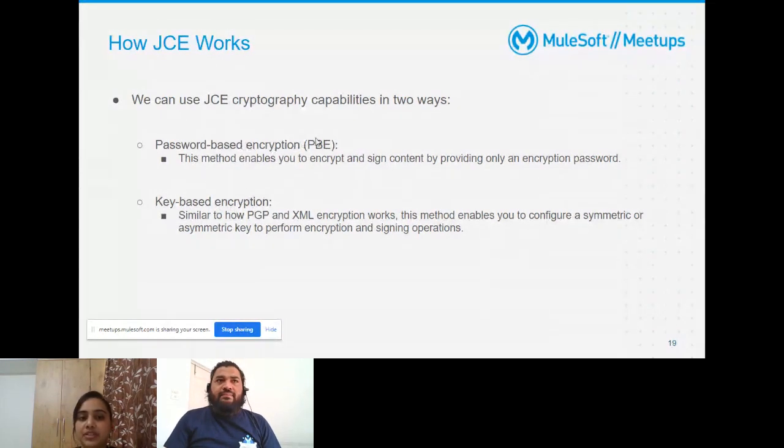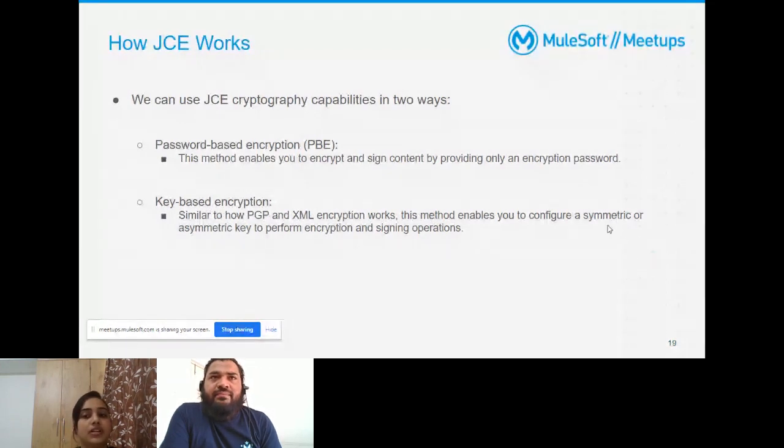We have password-based encryption using JCE and key-based encryption. Using password-based encryption, this method enables you to encrypt and sign content by providing only an encryption password. We don't need any keys for encrypting the data; using only a single password, we will be encrypting the data. Key-based encryption is similar to how PGP and XML encryption work.